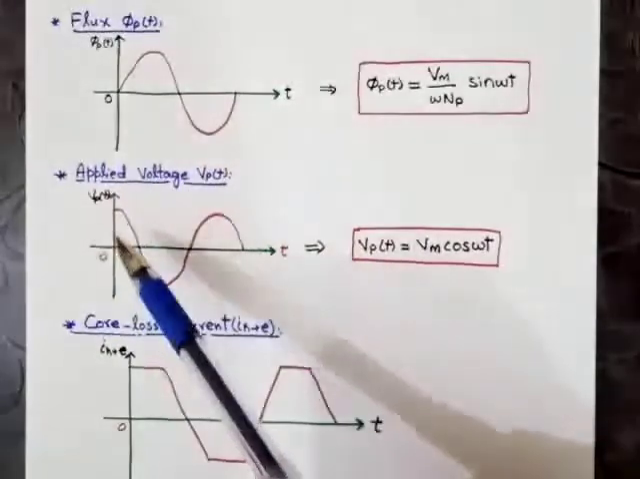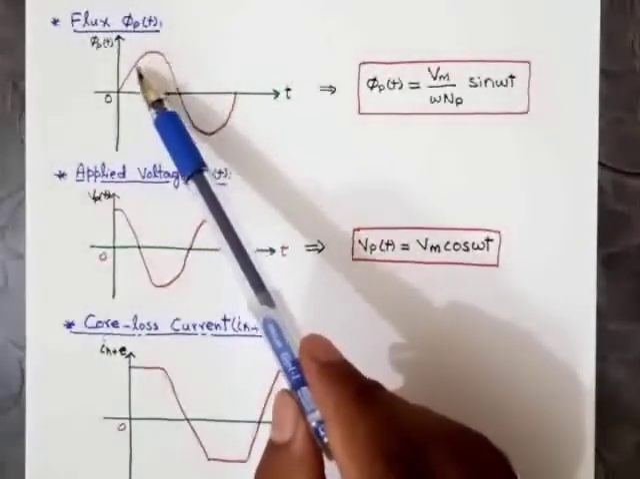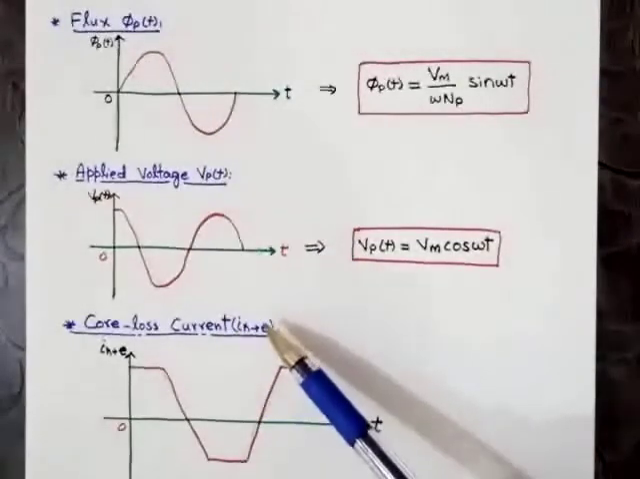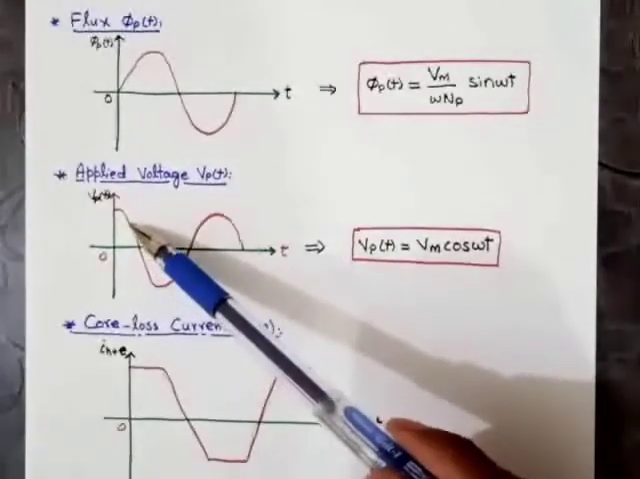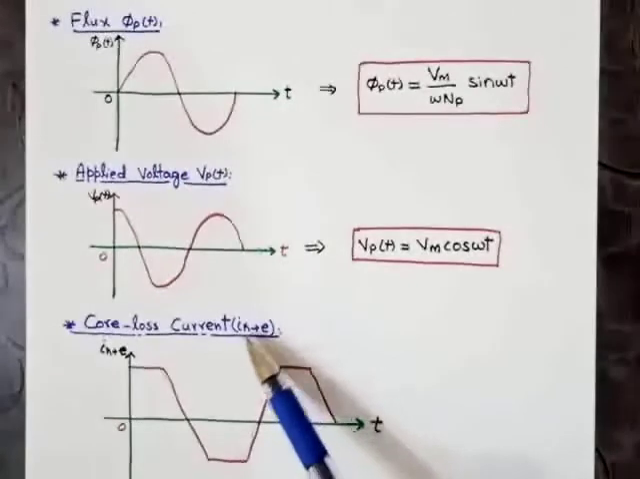But when the applied voltage decreases, the flux will increase. When the flux increases, the eddy current losses will increase. It means when the hysteresis losses decrease, the eddy current losses will increase. Due to this,